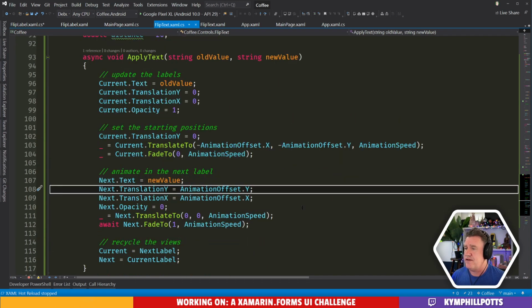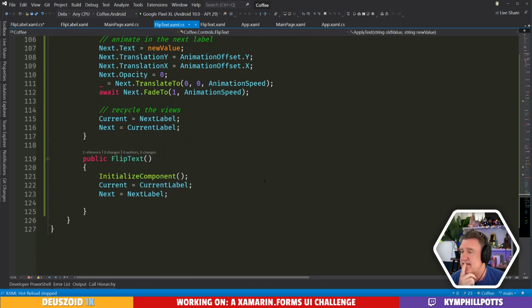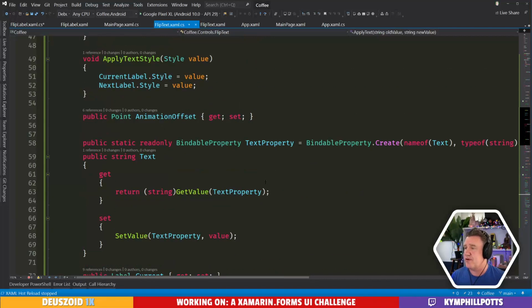My theory now is that we do that, and it's going to adjust the speed of the actual flipping of the characters.